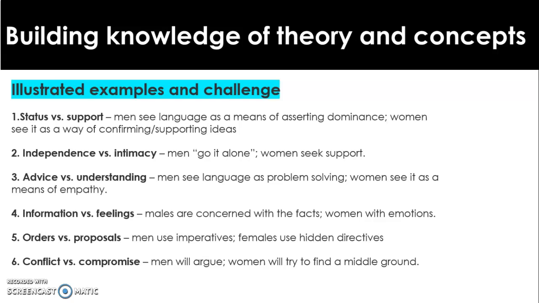So with these examples, you can connect them in some way. It can be totally different. So we know from Goodwin that supportive language looks like, let us do that together. So let's do that together. Shall we have lasagna for dinner? So anything that confirms or supports ideas. So you're going to write down status, asserting dominance, for example. Support, confirming supporting ideas, for example. So for each of these, you're going to give me a word, an utterance of what that might look like